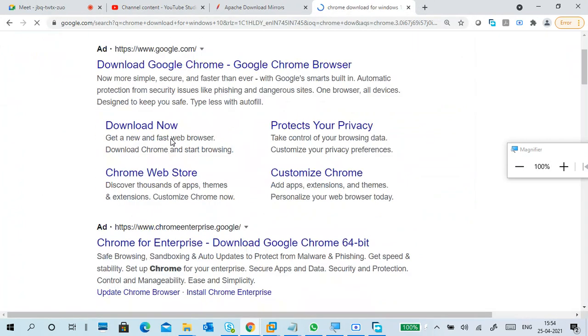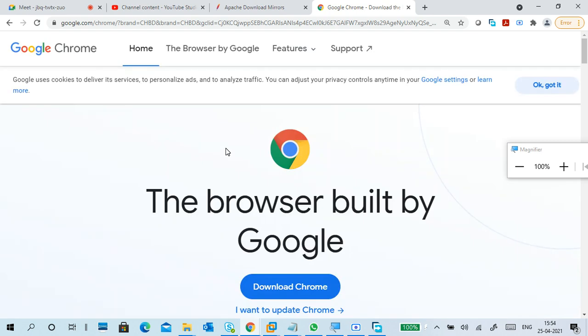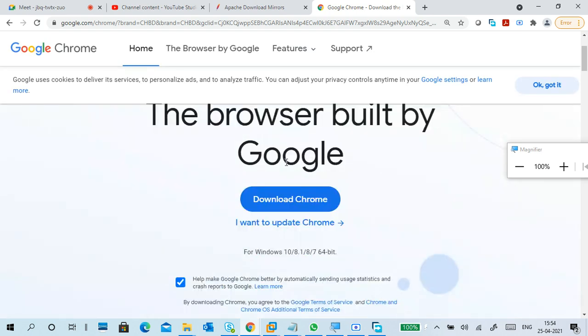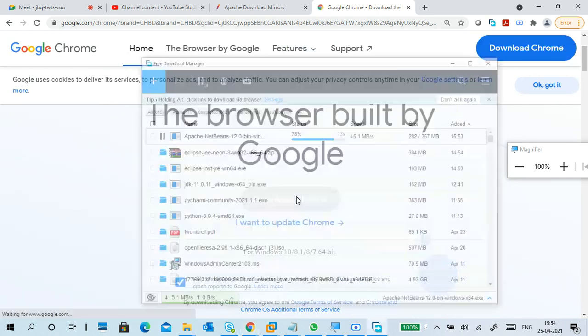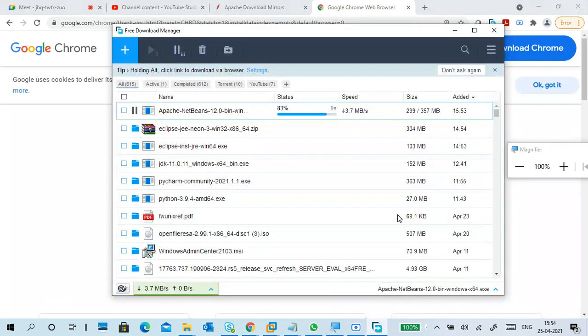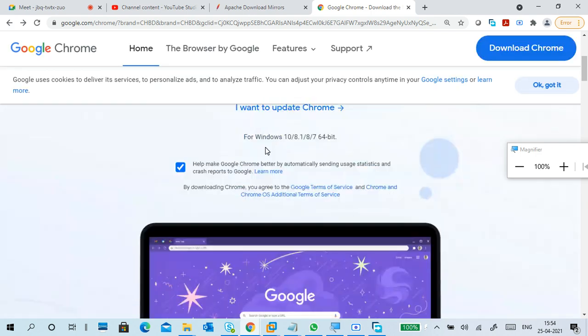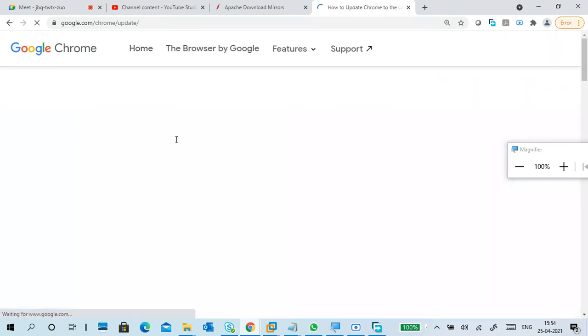Okay. Whenever you click on download now, it downloads what? Installer package only. It means not an offline package, online downloader only. It is an online package only. I'm downloading it for my virtual machine only. So Google Chrome is always good. Not required now, but still it is good.